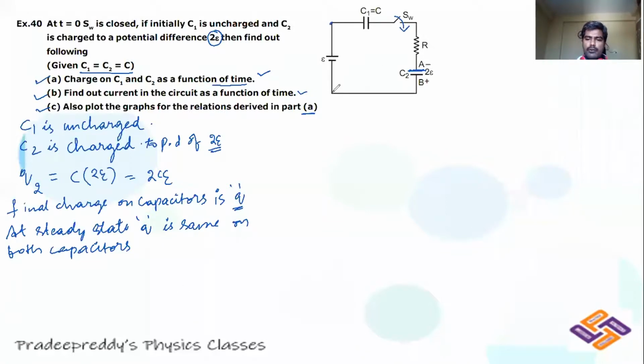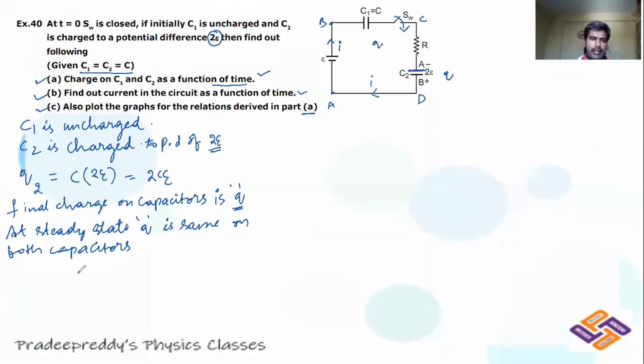Now, let me name these points. You can name them as A, here it is B, this is C, and this is D. Now start from any one particular point and write down the KVL equation. The current in this will be I, because all of them are connected in series. Throughout, the total current is the same, and that is I. Therefore, the charge on this capacitor will be Q, and the charge on this capacitor is also Q after a long duration.